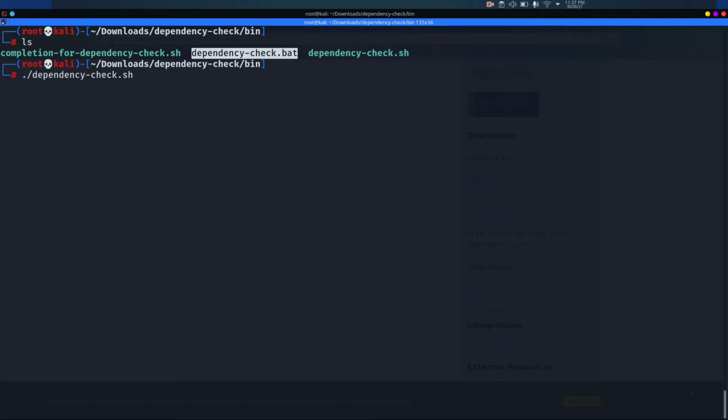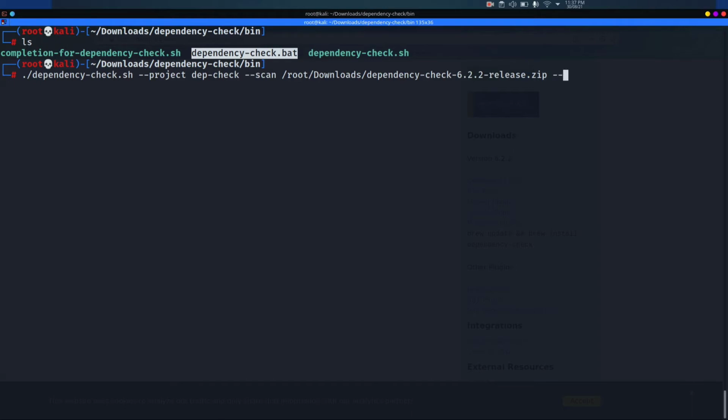To run this file, we need to provide three inputs. One is the project name. I will type it as dependency check. Then you need to provide a scan file, and you need to provide the full path for the same: root downloads dependency check.